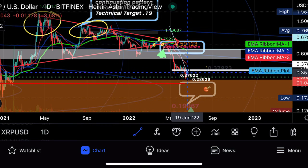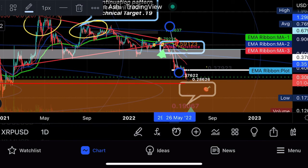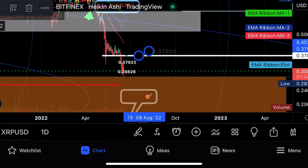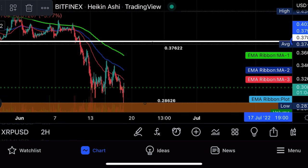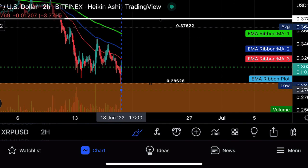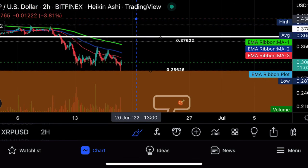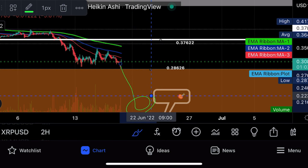But you could get a little bit of a bounce now that you're bouncing on the top part of this orange support zone. This is the last line of defense, aka get my shit together or to the shit house, right? So that's what we're watching out for right now in XRP. And if we zoom in a little bit to the 2-hour time frame, you can see XRP has repeatedly tried to bounce off of this orange support zone, but keeps getting rejected by the moving average down, right? So we're going to see if this can get some fortitude and maybe fight its way back up to the 200-day moving average, or maybe that 37 cents. But you also do know if you slip this, you're coming down and meeting that 20-cent target really quick, right? Because that's a technical